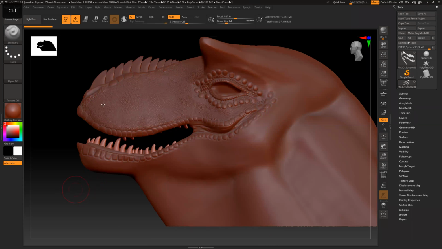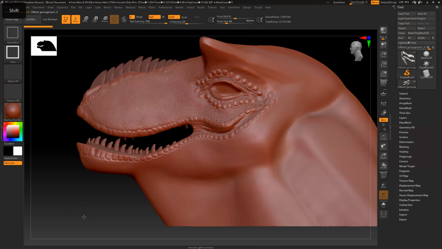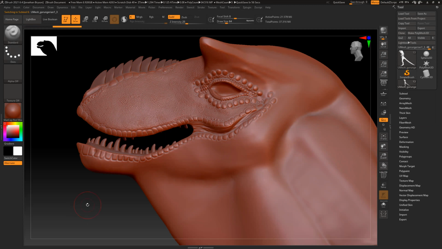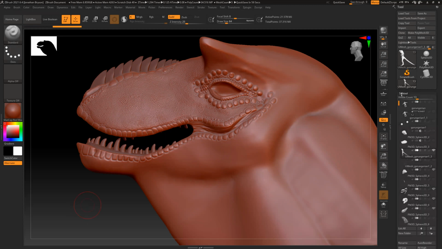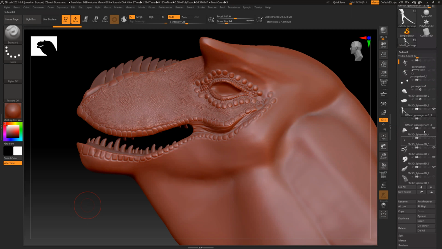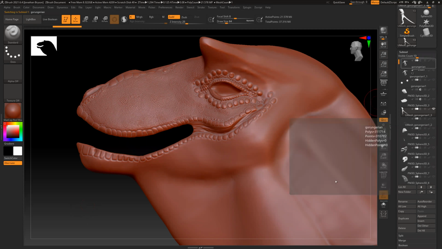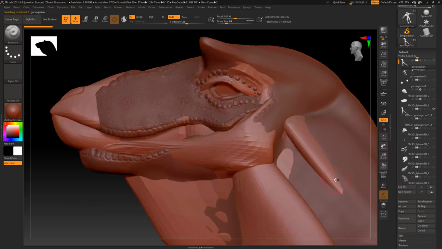So I'm going to go ahead and switch over to the main body. Reveal the whole body. There we go. I'm just going to turn off the other subtools. And at this point, honestly, it may be good just to go ahead and talk about general